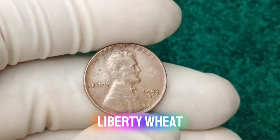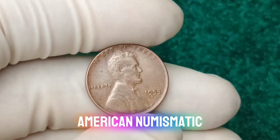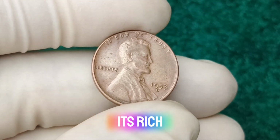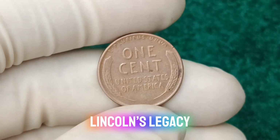The 1953 Liberty wheat penny is common in lower grades. It holds an important place in American numismatic history. For collectors, finding a pristine example or a rare error can be a rewarding challenge. Its rich copper tone, historical backdrop, and connection to Abraham Lincoln's legacy ensure